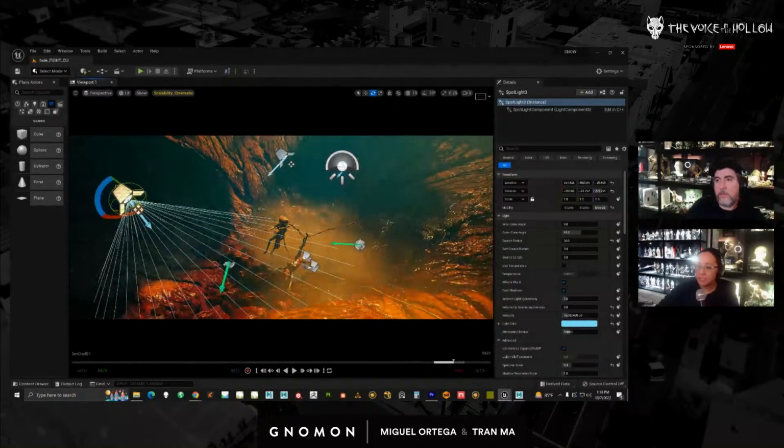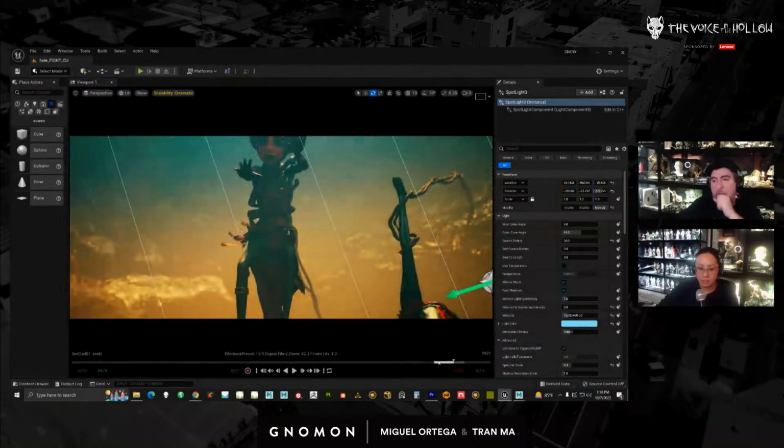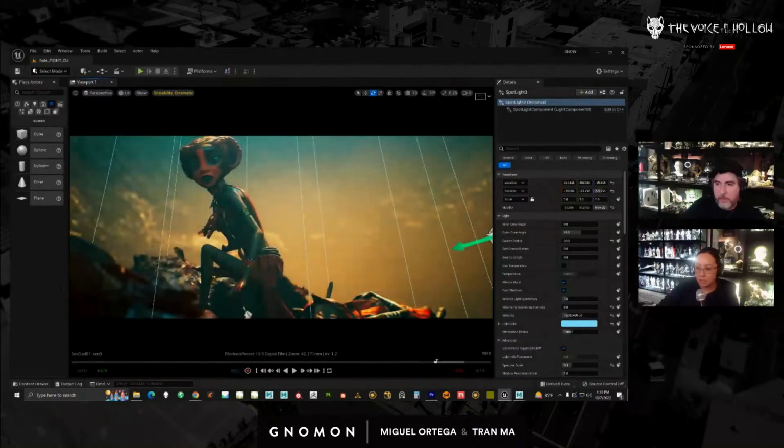So let's pop back in here, and let me turn these off. I have this extra fill because she looks kind of muddy and her forms are getting lost, right? Subtle.